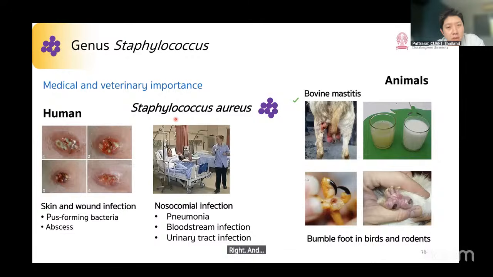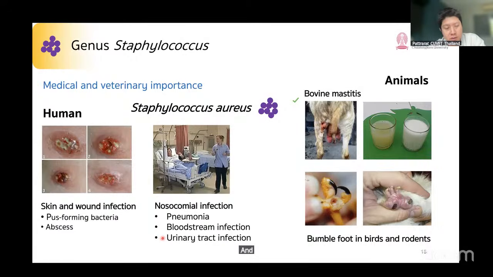And in hospitals, Staphylococcus aureus can cause nosocomial infection, the synonym of hospital-associated infections. The disease is more severe and can cause systemic fatal outcomes such as pneumonia, bloodstream infections,